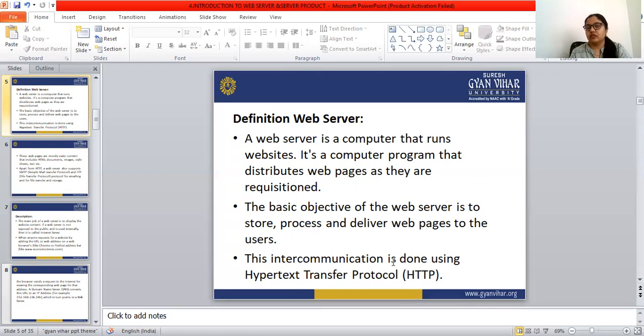The web browser sends it to the web server. After that, the web browser communicates with the web server, finds out what we need, and displays the web pages to us. So this is the communication between the web server and the web browser.